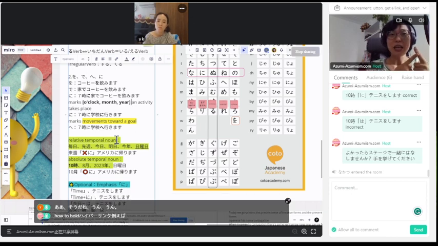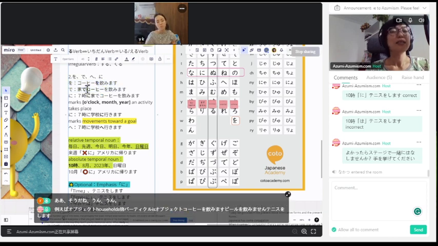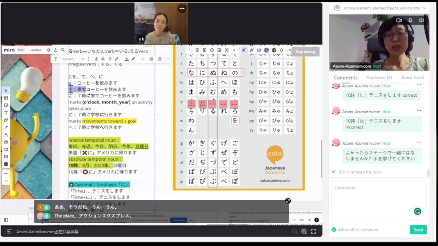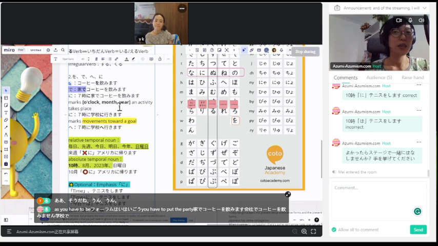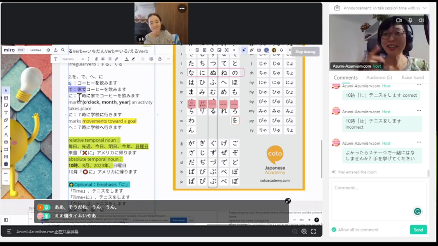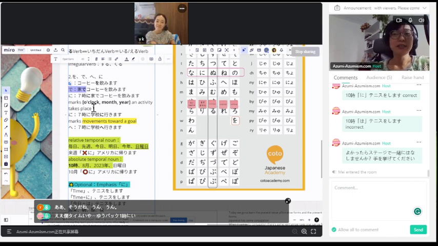For example, subject has to be followed by particle: 私は. Object has to be followed by particle if it's an object: コーヒーを飲みます。ビールを飲みません。テニスをします。And the place where the action takes place, you have to put the particle. 家でコーヒーを飲みます。会社でコーヒーを飲みません。学校で勉強します。家で勉強しません。And o'clock time here, you put the particle. 7時に起きます。11時に寝ます。8月にJLPTを受けます。2024年に日本に行きます。